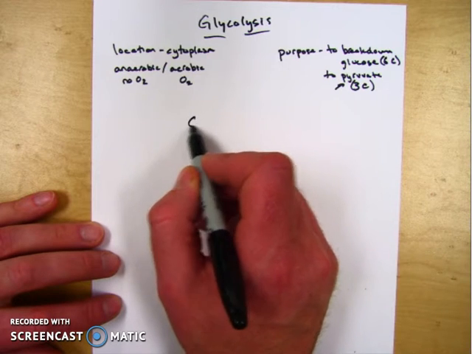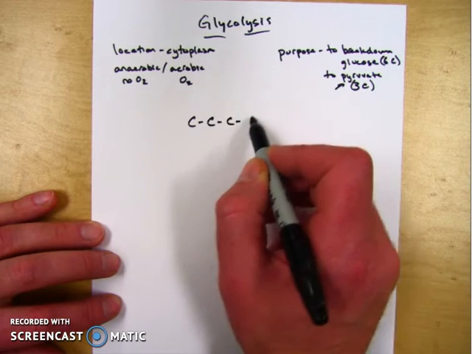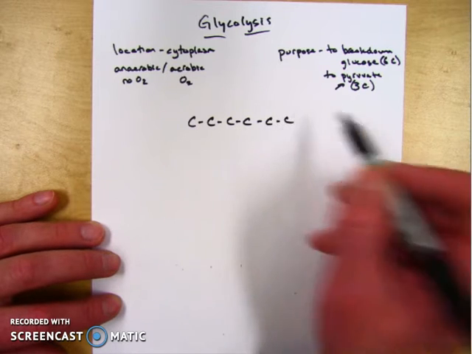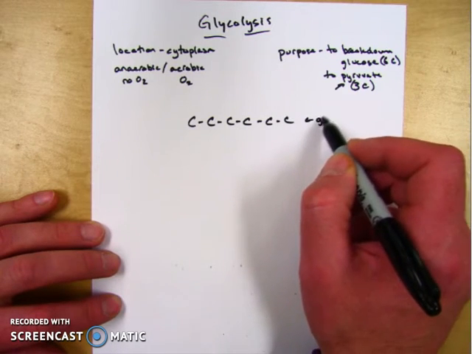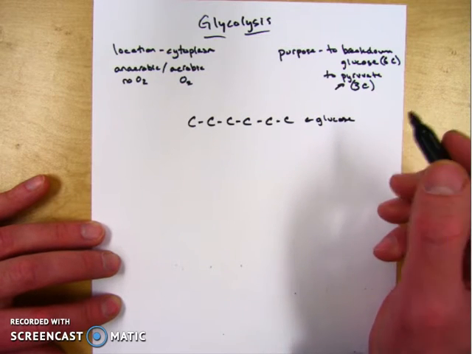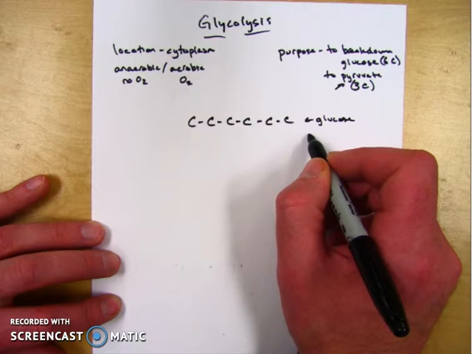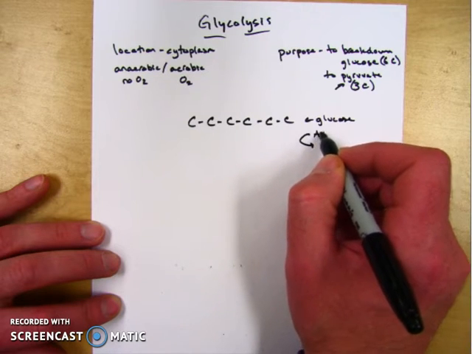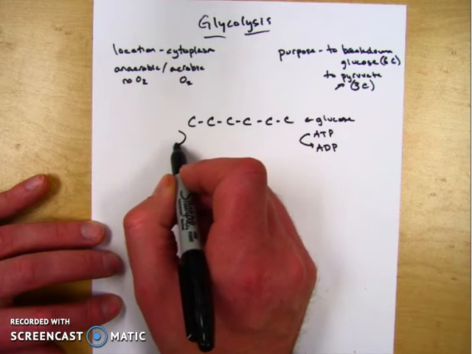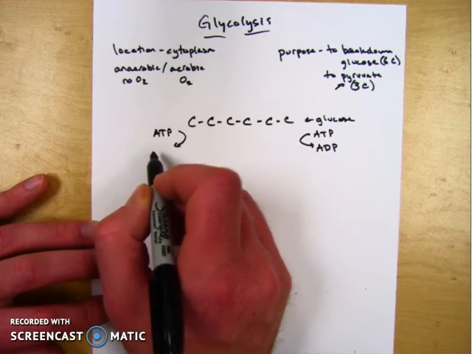It begins with a glucose molecule, and I'm only going to show you the carbons and phosphate groups that are added here. So there's a glucose, an activation energy of 2 ATP is needed. So they're going to be shown like this. ATP on this side, it leaves as ADP, and the phosphate group will be donated to the glucose,